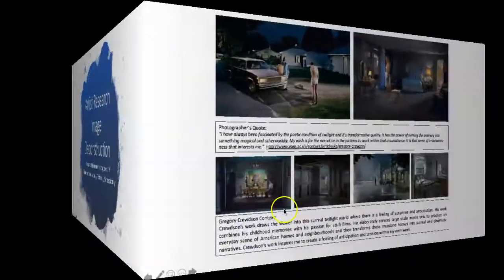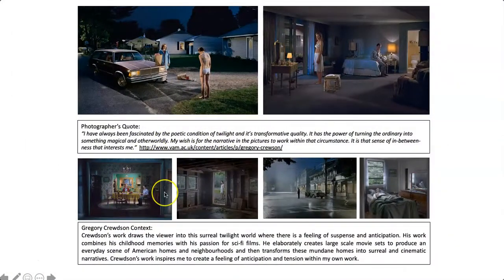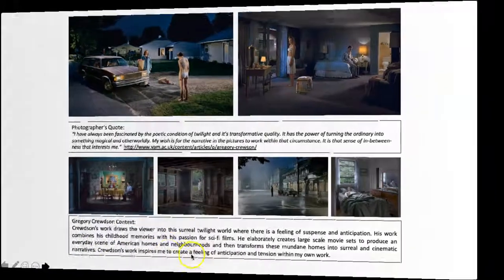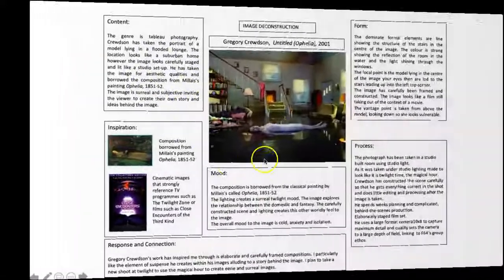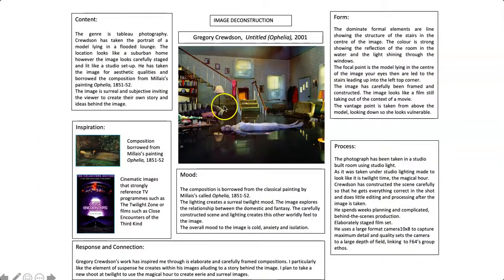And here I encourage my students to do their artist research in quite a methodical way, so it's very clear and concise. So we get a nice strong quote about the photographer's work. It can either be from the photographer or it can be about their work or from an exhibition that they've shown their work, and then a brief little intro, contextualizing the work, really a little bit about the artist, and then I ask the students to image deconstruct a key work by that artist, and then everything's